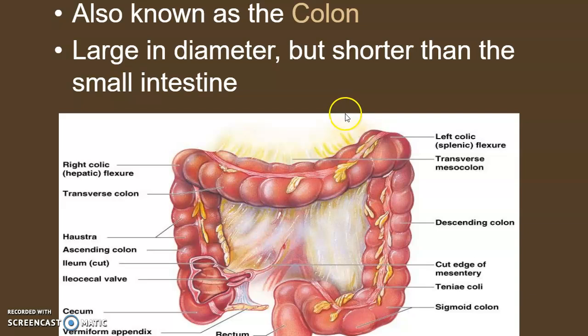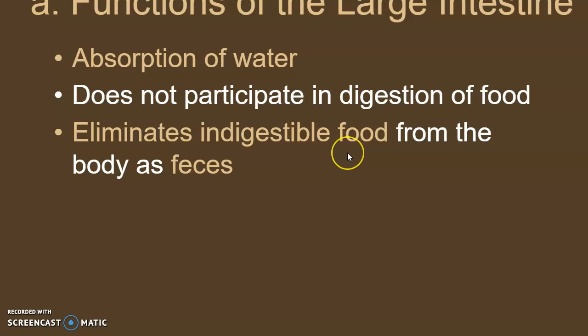The large intestine is also known as the colon. It is larger in diameter than the small intestine, as I previously said, but it's shorter. There are several functions that the large intestine does. First, it absorbs water from that chyme. It doesn't participate in digestion. When the chyme leaves the small intestine, all digestion is complete. There's no more digestion occurring. But it absorbs water from that chyme and eliminates food particles that are indigestible to us from the body as